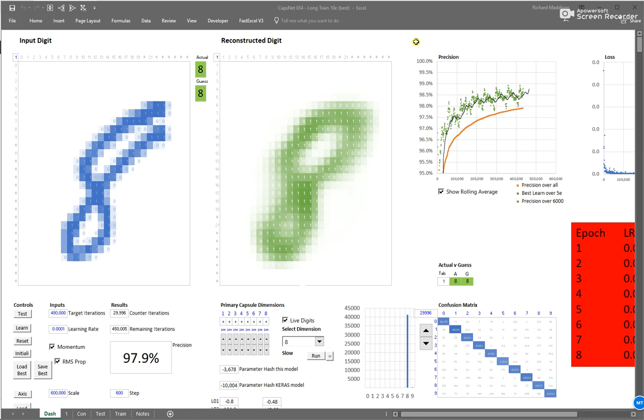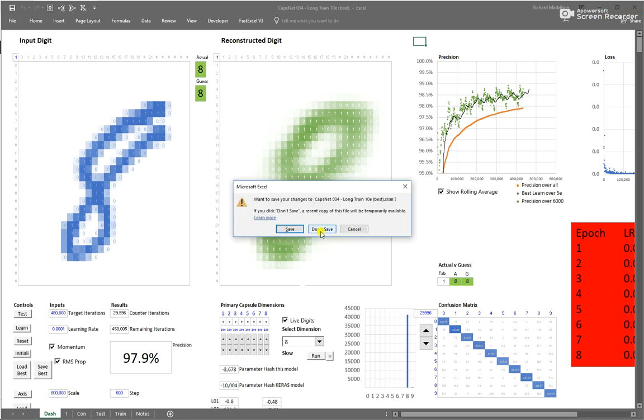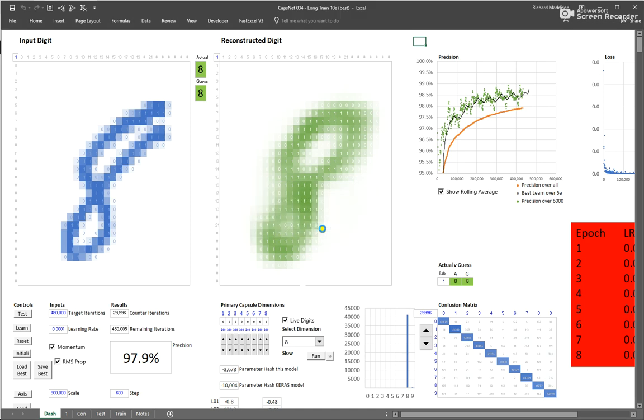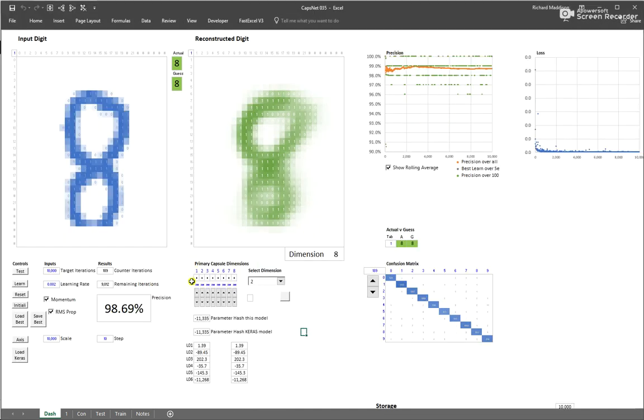So this has been trained. I'm not going to go with this one because I want some of these slowed. So I'm going to not save that one. It's running on one of the many computers on my desk. I'm going to look at this one. This one's testing at 98.7. So that's the full test set, full 10,000 digits. You can see it plowing through that with the orange line being the cumulative test rate. These are instantaneous over a period of 100, I think. So it's the average of 100